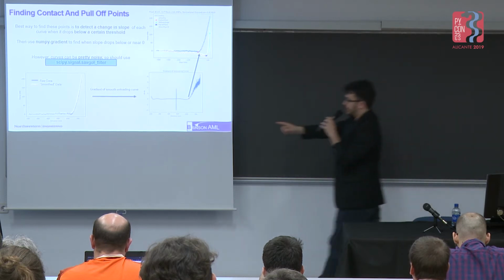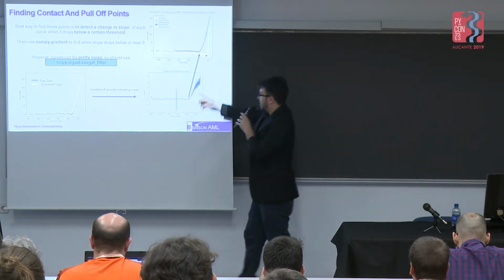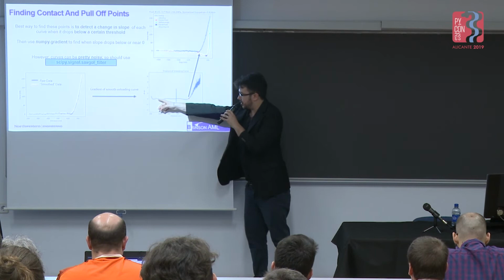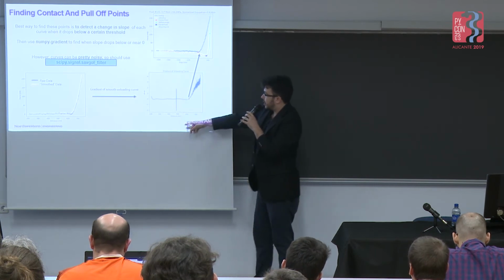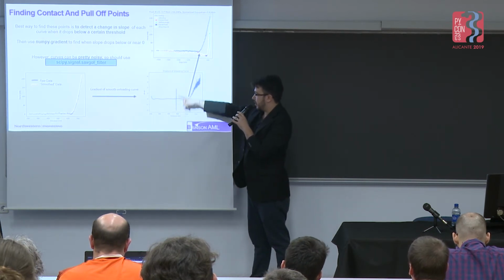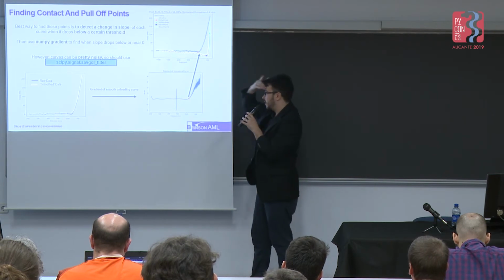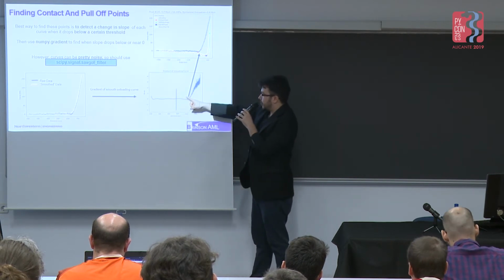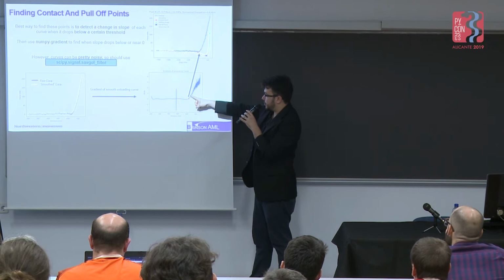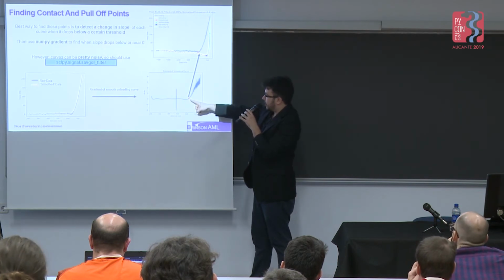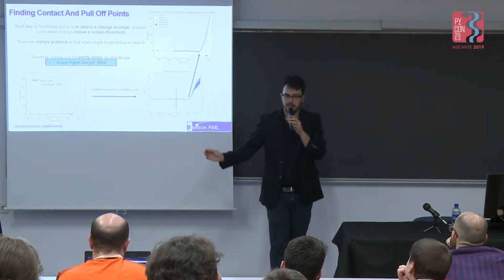And you can get a plot of the gradient like here. As you can see, you can still get some weird stuff happening from getting the gradient here, so you have to figure out a way to ignore all those points. But once you detect a sharp change in the gradient, you can say that's where the tip comes in contact